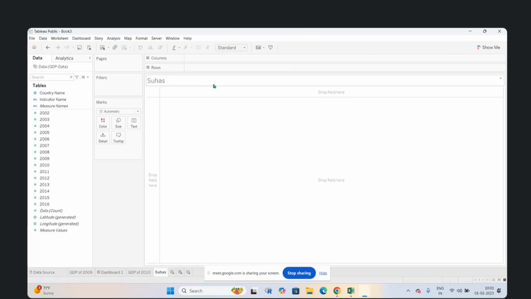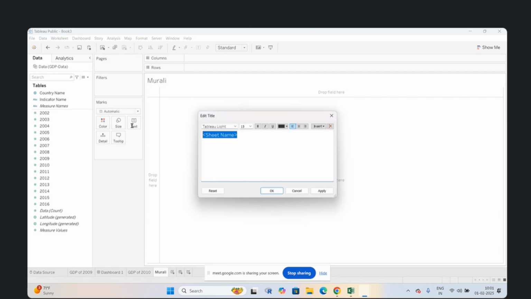So now Suhas is highlighted here. If I try to change this one, it will be changed. Suppose I make this Murali. Whatever I do in this sheet name will be automatically updated here. Here this is Murali, and if I change this Murali here,